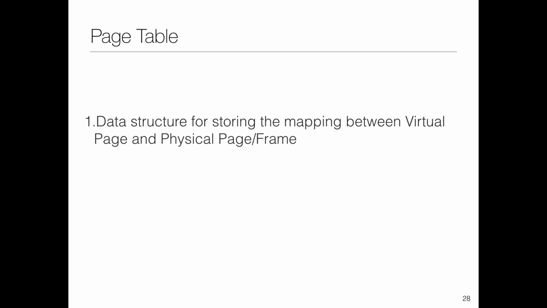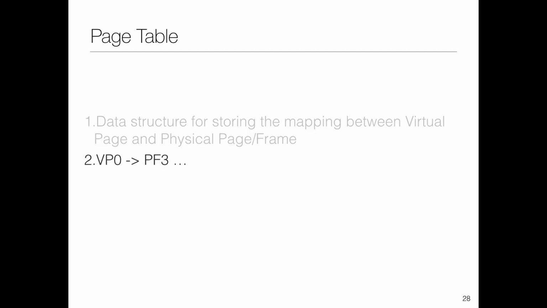So it's done. This mapping between the virtual address space and the physical address space is done by a data structure called a page table. No prizes for guessing a fairly intuitive name. In the previous example, we saw that virtual page 0 mapped to physical frame 3. We'll have these terms thrown around: frame, frame number, or page number. Many of them are used interchangeably, but we stick to what is done in the book. I may by mistake say something wrong in the lecture, but stick to the stuff being taught in the book,